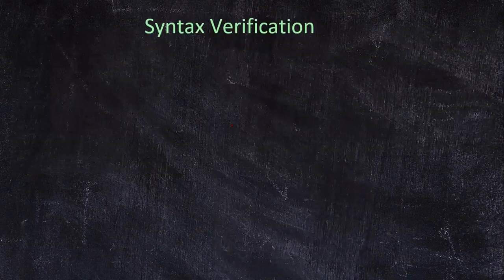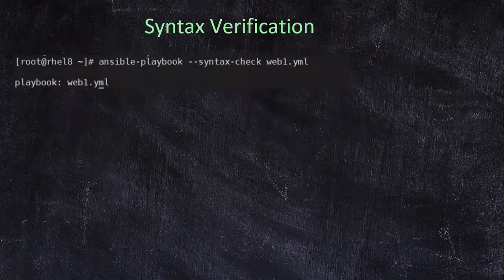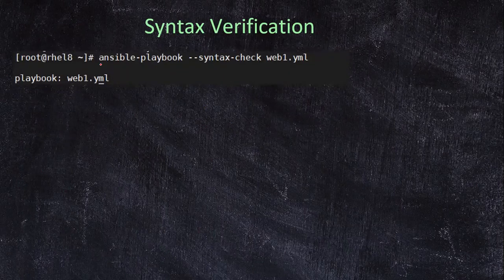Now let us have a look further. When we write this specific code, which is our YAML code in the playbook, it is very important that we verify the syntax. But the question is, how do I verify? There are different ways. You can copy the contents of the file and go with an online YAML validator, or Ansible provides you with a default option, which is ansible-playbook. With this specific option, you can validate the syntax of your file.